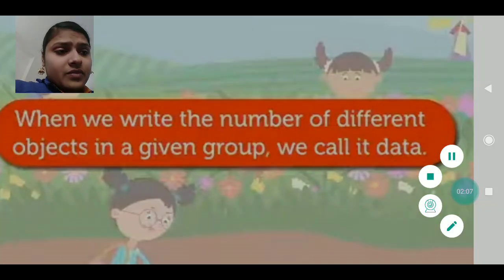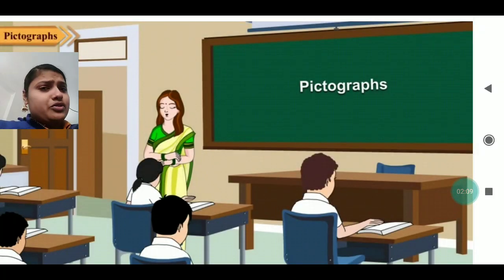So now students, we are going to learn pictograph again. A little bit I will give a quick review to you, a recap, and then we will move ahead with the bar graph. We have discussed the vertical and the horizontal bar graph, and we are going to elaborate on that today.